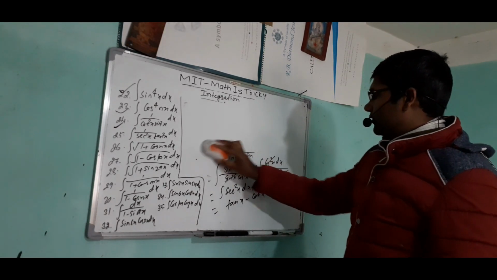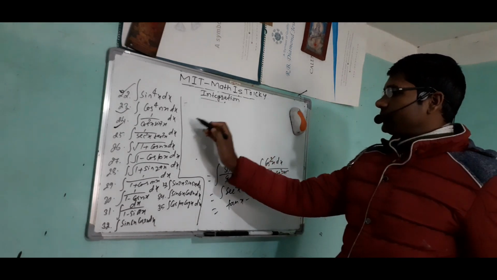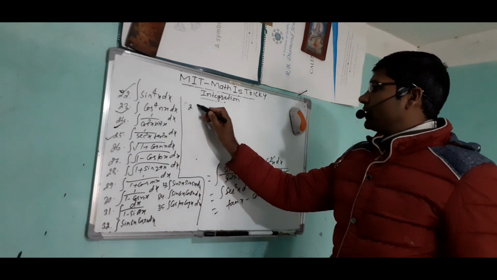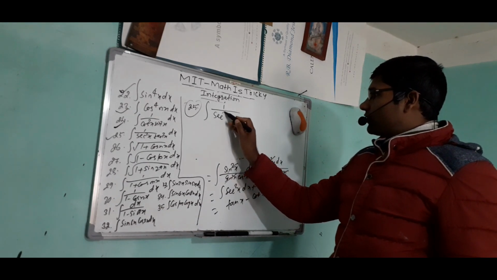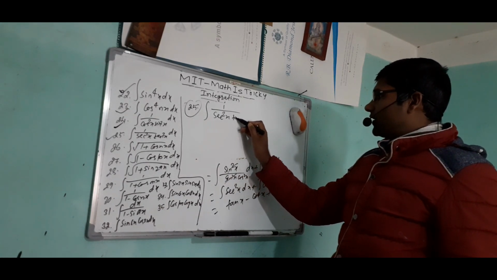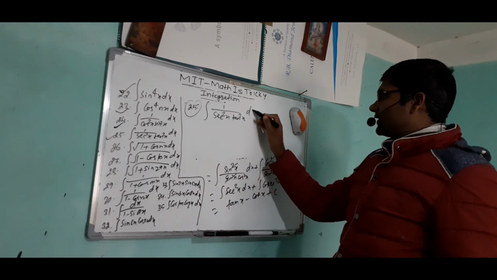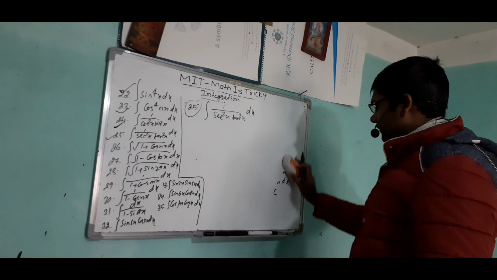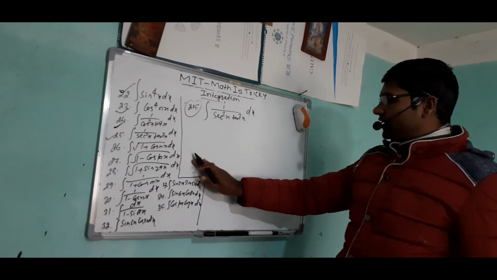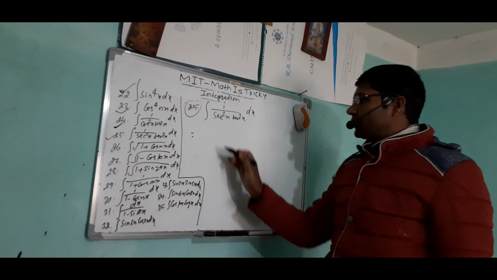Now I'll be moving to question number 25. It is integration of 1/(sec² x) times tan² x dx. We have to integrate this. As before, we can solve this also. Hope you are getting this. If you have any confusion, please